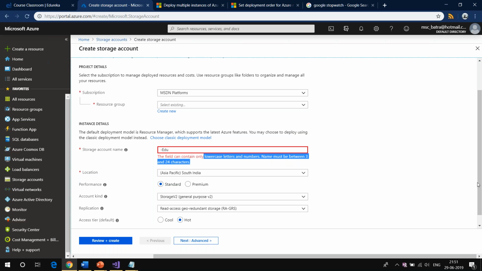Okay, and Roshan is saying Justin, storage account is free. Roshan, in fact, you only pay for a storage account when you are putting some data in it. So when I created the storage account and have not stored any data, I am not paying for it. Whatever amount of data you keep in the storage account, only then are you going to pay for it. So if you keep just 1 MB of file, you're only going to pay for 1 MB, nothing else. And if you keep 1 MB of file and delete it after 1 minute, you are only paying for 1 minute, 1 MB.